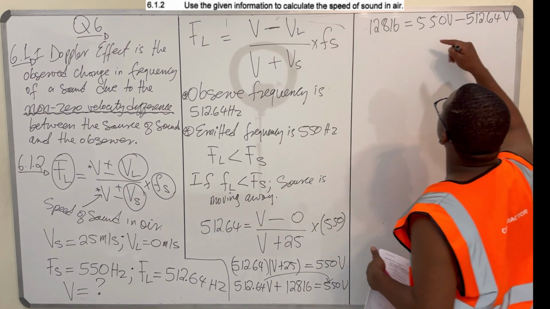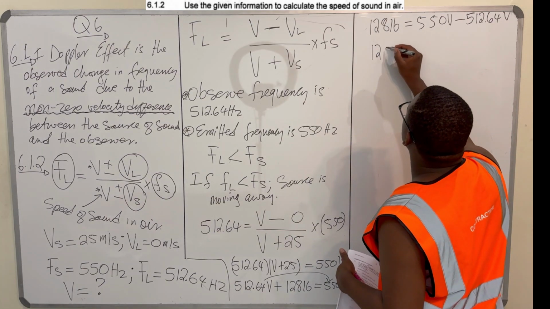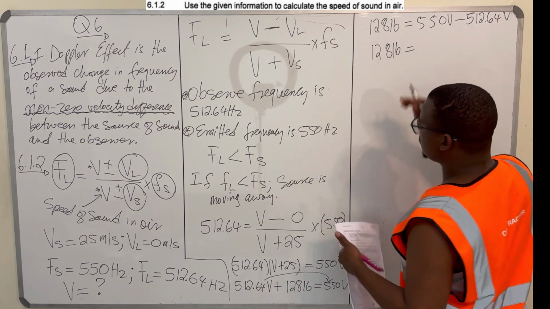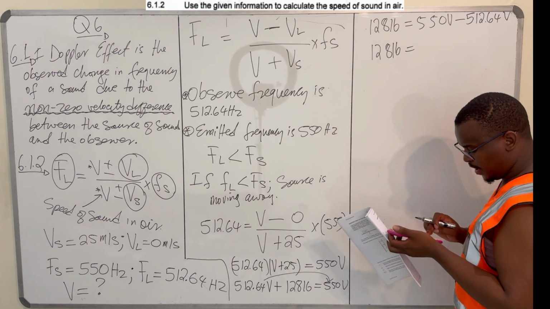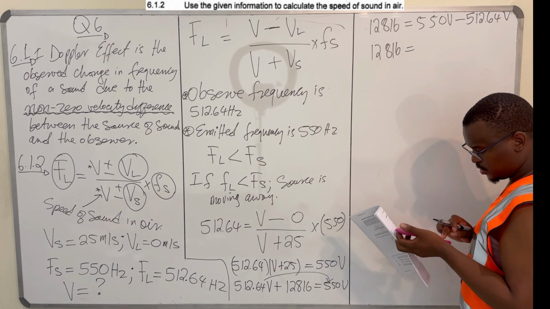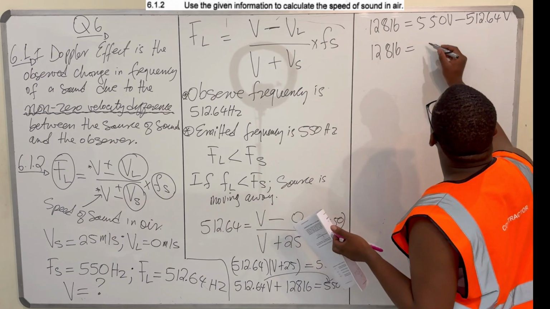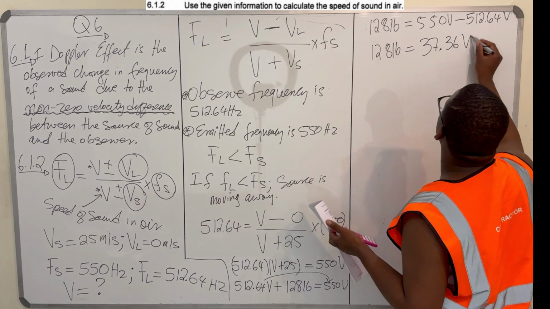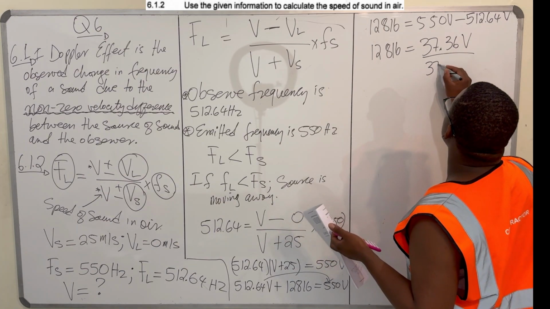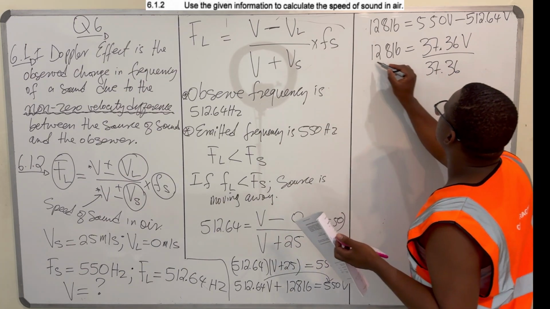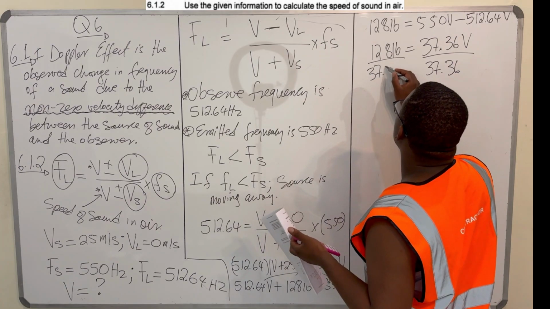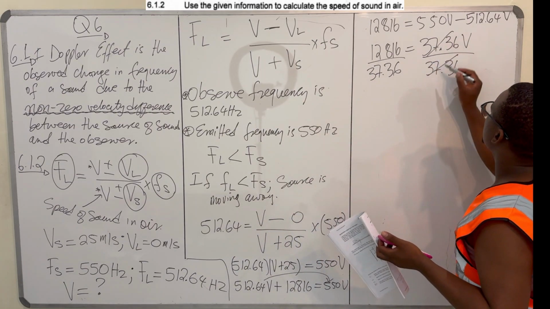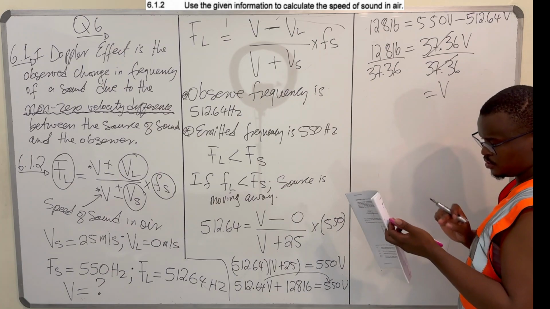Then these are like terms. So you have 12,816 is equal to 550 minus 512.64. Okay, this is 37.36 V. Then divide by 37.36 on both sides. So you get that your V is equal to